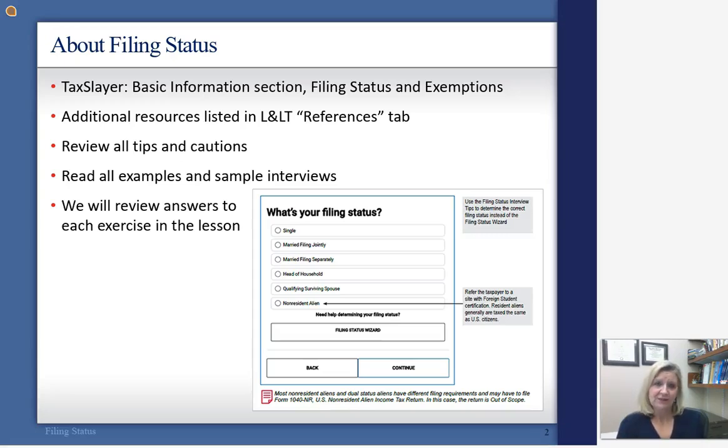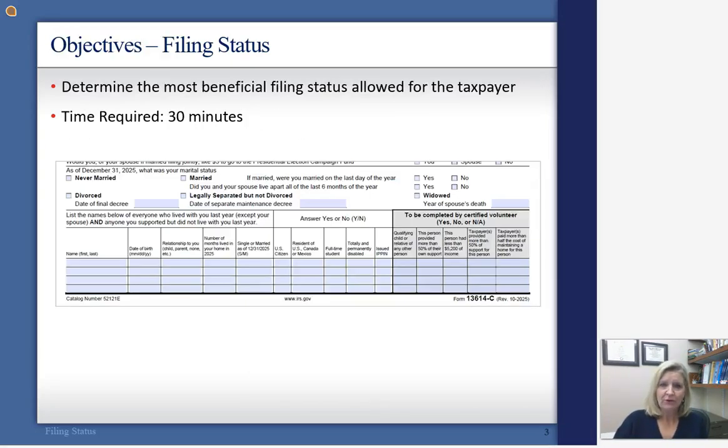If you're at a site that is doing non-resident returns, note that that is at the very bottom of the filing status, and you do need to click that first before you go on to single or married. All right, so let's move on to the rest of the filing statuses that we will see as we're filing taxes. Single, married filing jointly, married filing separately, head of household, and qualifying surviving spouse. So we will go through each one of those, and it's important, again, that you're taking a look at the client intake form, because there's going to be some really important information on here to help you determine the filing